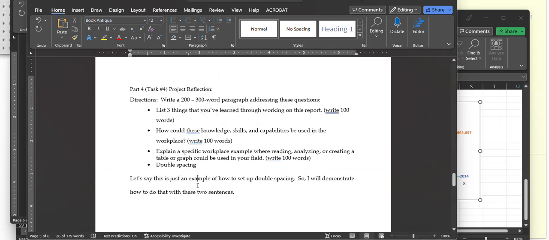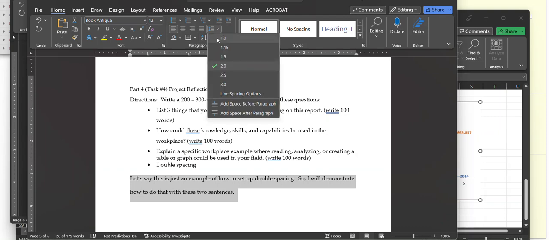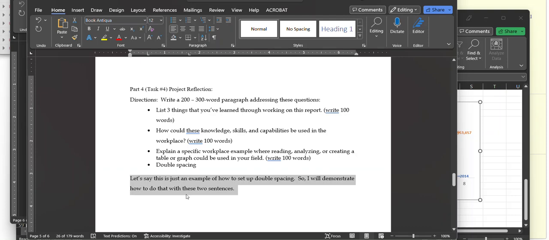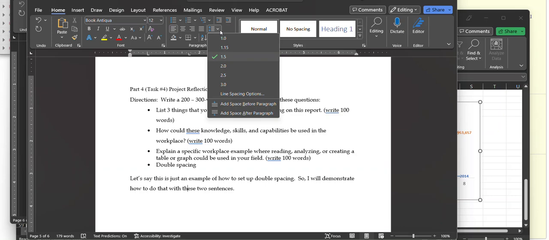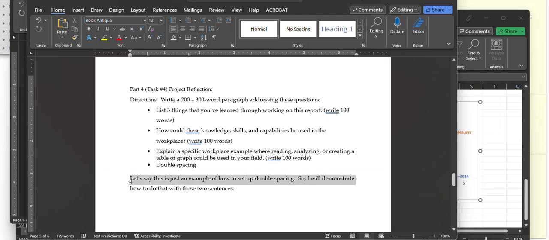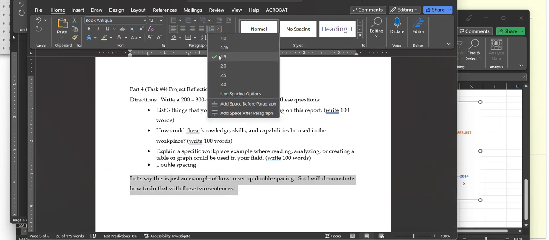Okay, that's double spacing. If it's a little too wide, you might even go like 1.5 lines. Okay, 1.5 lines is sufficient for double spacing. Okay, line spacing options. But if you just highlighted them and you went 1.5, 2.0 is a little wide, but 1.5